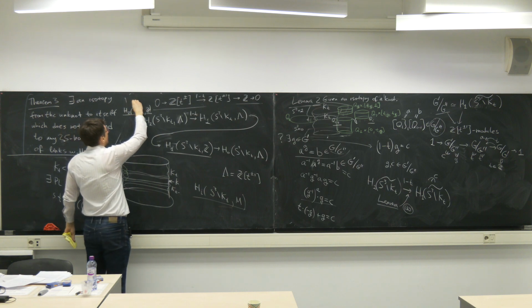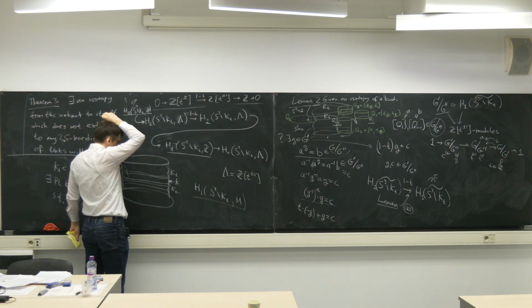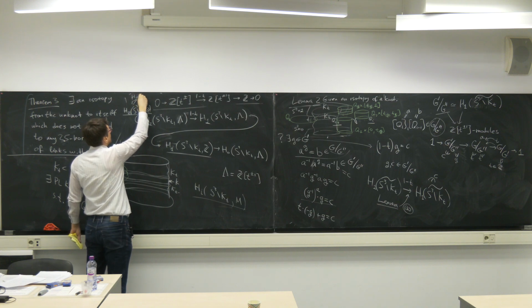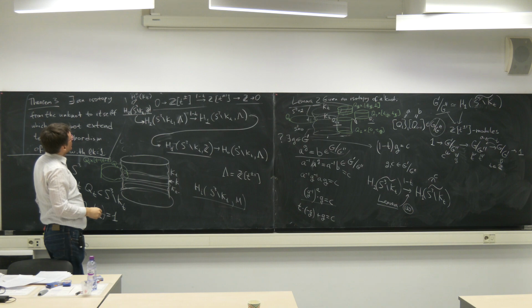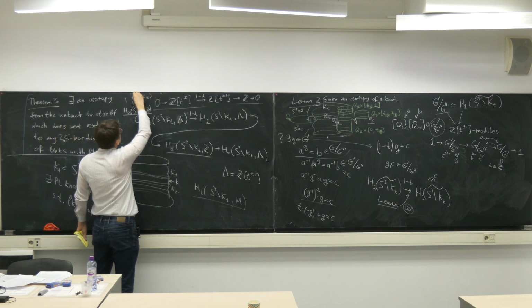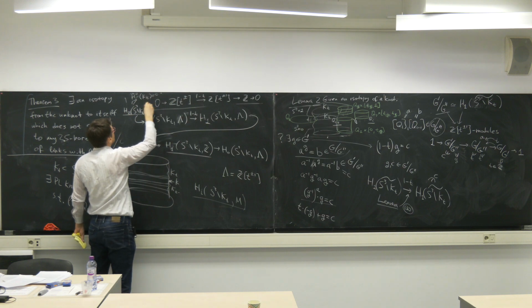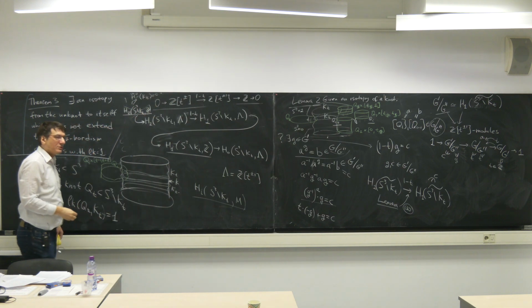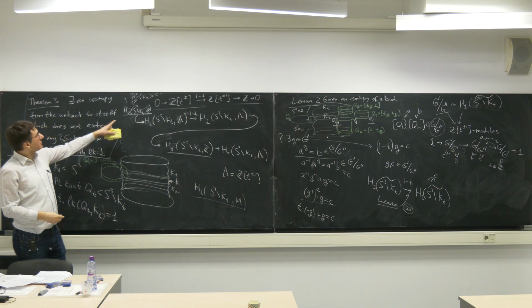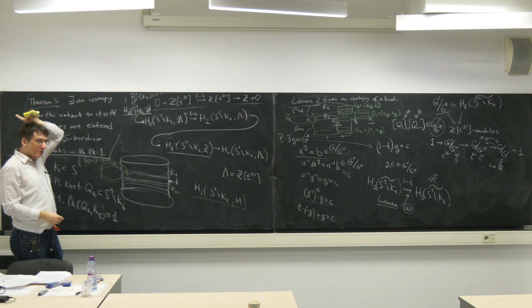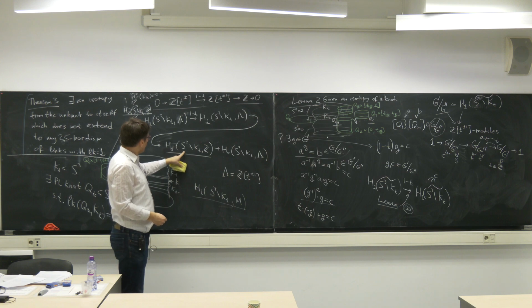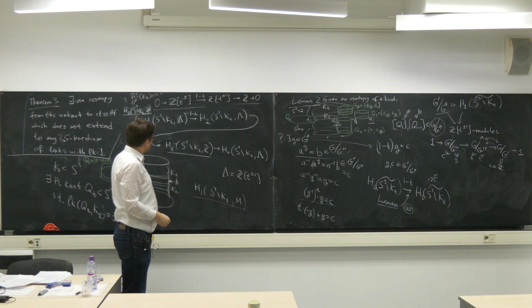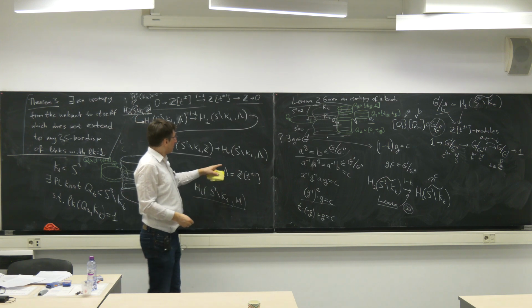But this homology group is isomorphic by the Alexander duality to H0 of K_T. No, H0. And this is reduced. This is 0. So this is just 0. This is the Alexander duality. So this is 0. This group is not 0, but